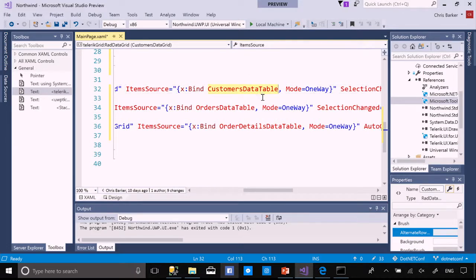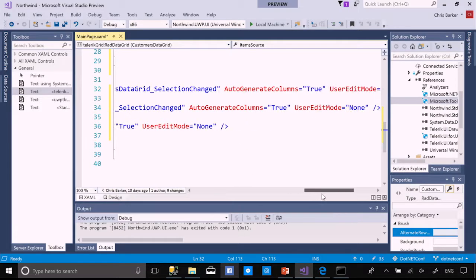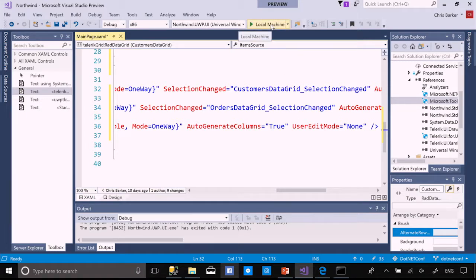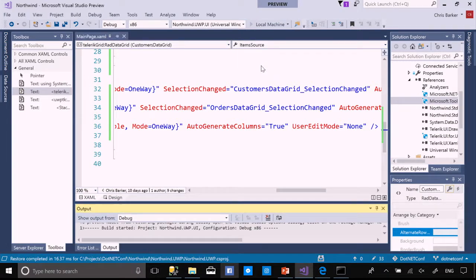But you saw a moment ago, I went and pulled the customer's data table through the direct code call. You can absolutely do that in here, but I'm just using binding in this case. We have an orders data table, an order details table as well, and then a few extra properties on here to go generate the columns for us. So if I run this back up again now,